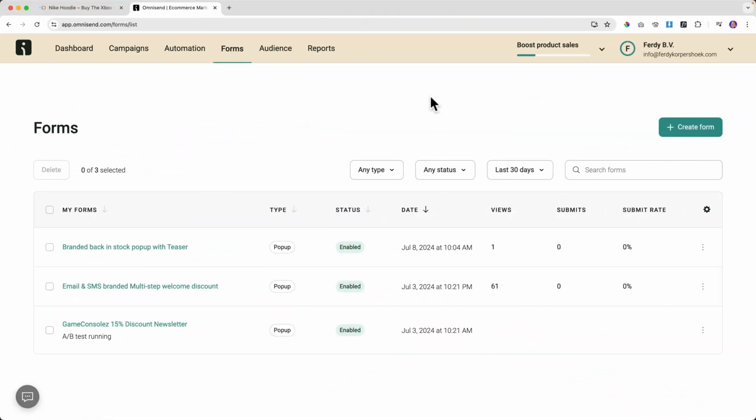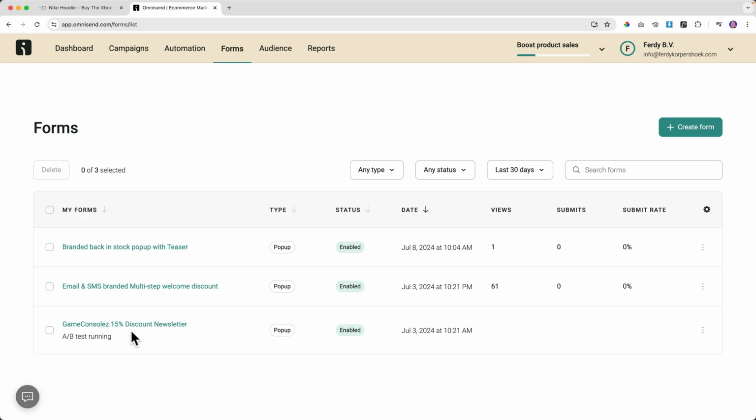So let me just walk you through how to work with automations and then how to work with workflows. So what we've done now, we have multiple ways on how people can sign up for our email list. But now we need to send them emails. So when people opt in to get 50% discount, then they should get an email with the discount. Well, that's what we need to configure yet.